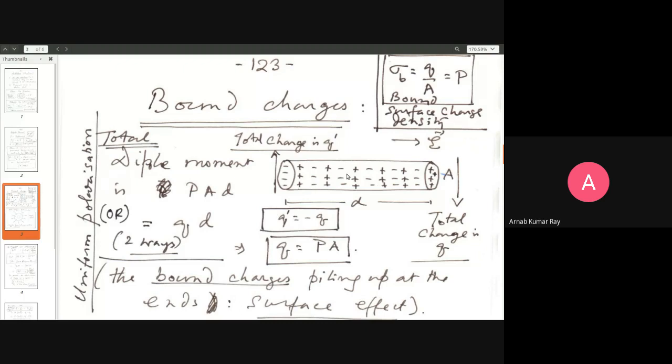In the bulk of the rod, try and follow carefully, although this diagram is oversimplistic, but it still conveys the idea, I hope. In the bulk of the material, all the pluses and the minuses, this plus and this minus, this plus and this minus, this column of 3 pluses and this column of 3 minuses, and likewise this and this, they are in the neighborhood of one another and they'll cancel out the effect.